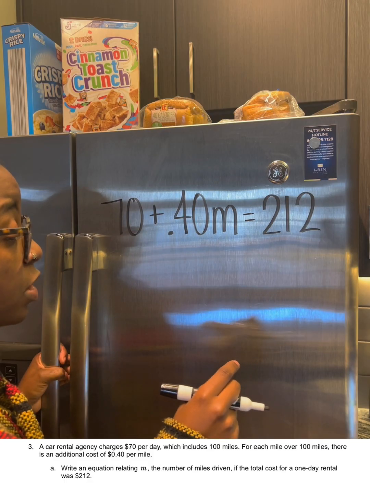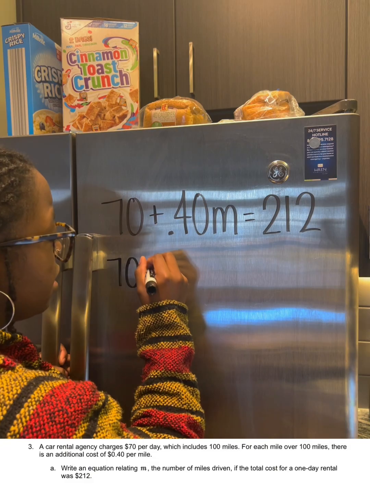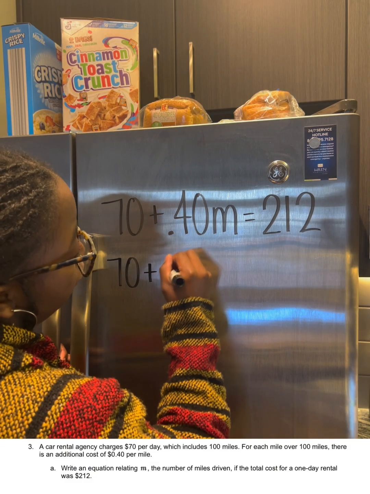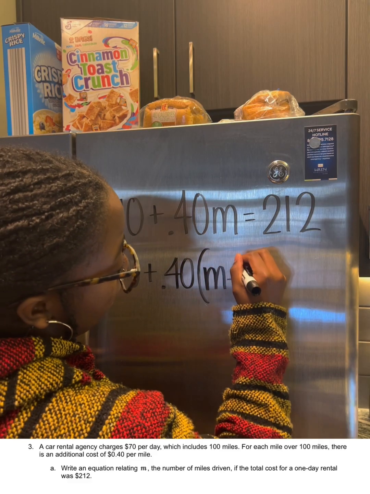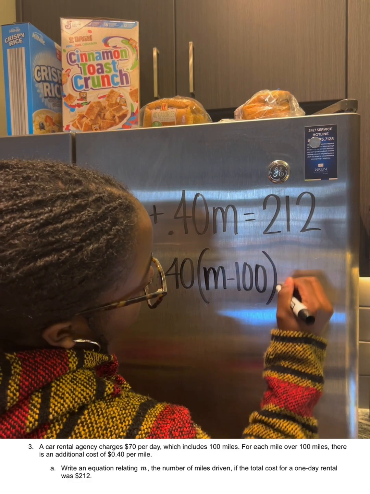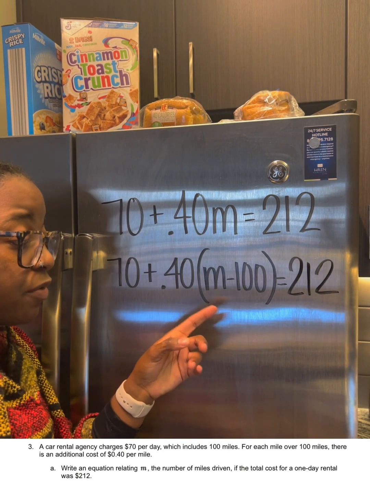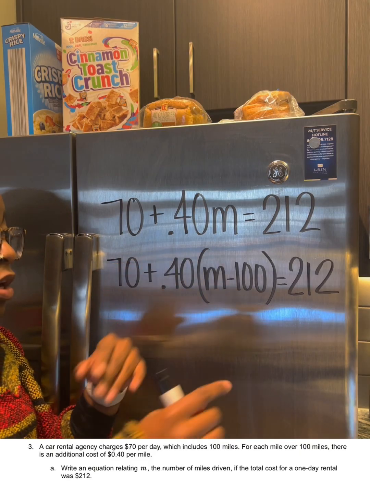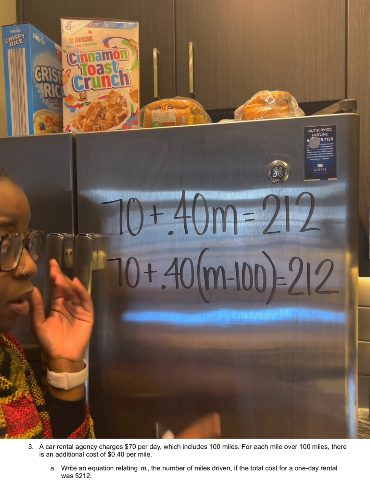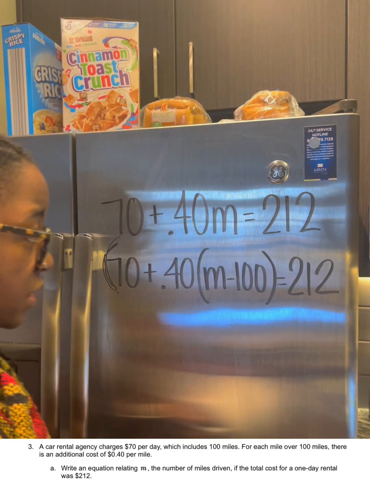No. So I'm gonna subtract 100 from M. So your answer should be 70 plus 0.40, parentheses, M minus 100. Okay? So all this is saying is whenever we figure out how many miles you drove, go ahead and take 100 away from it before you do anything. Respuesta